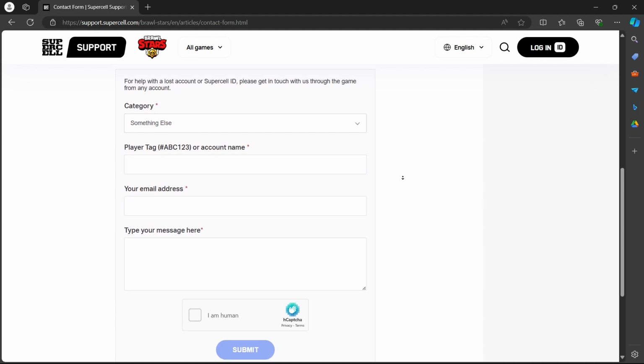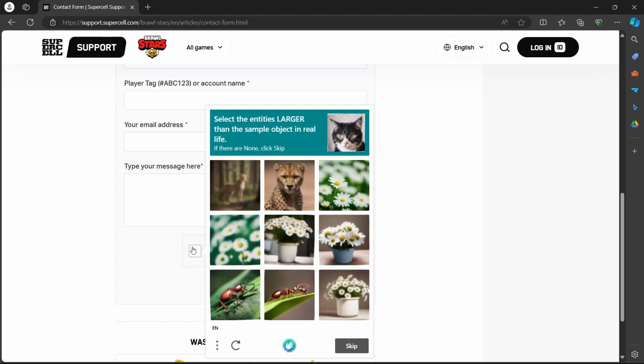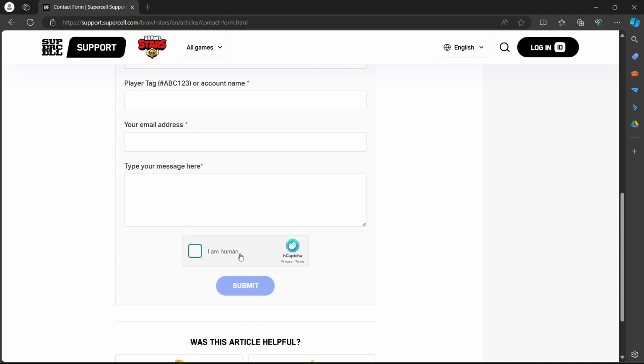After entering your player tag or your account name, you'll have to enter your email address, and after that, describe your problem in this section. Type in, I've lost my Supercell account and I can't log into my ID. Please help. Just type in your problem here, select this CAPTCHA that says I'm not a human, complete the CAPTCHA